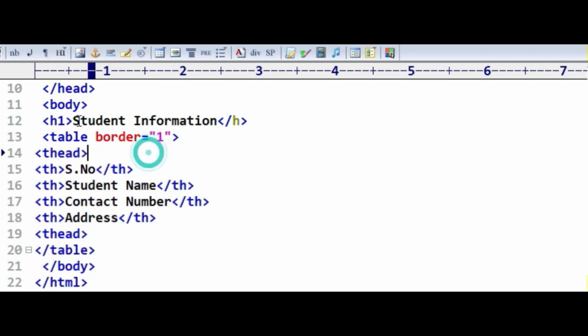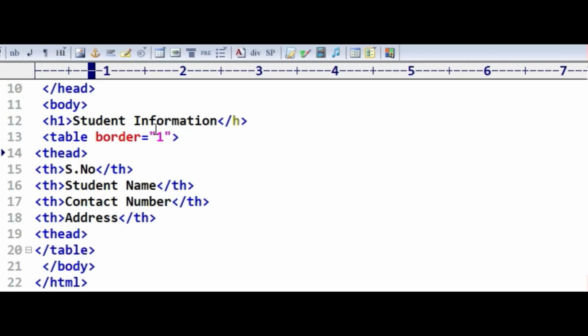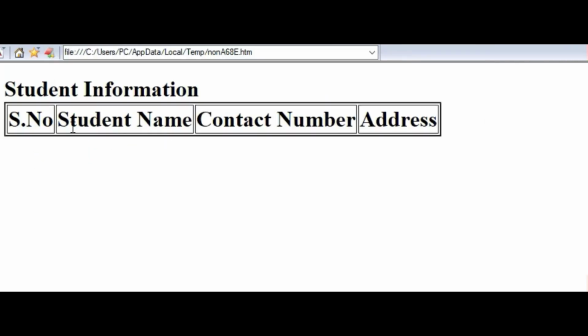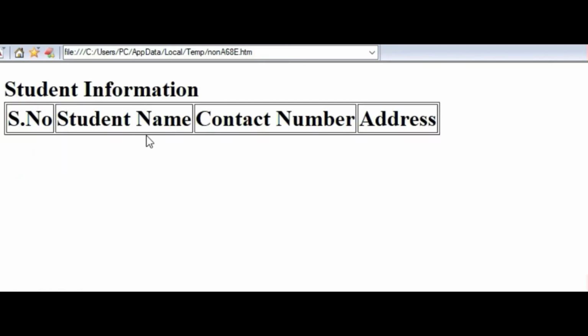This is the pixel size of the border. What will happen when you use 2 here and run? You can see the border is increased. So when we use 1, it looks much better.